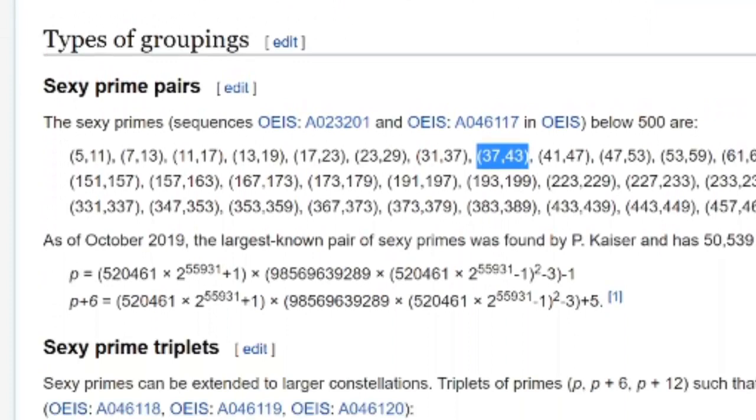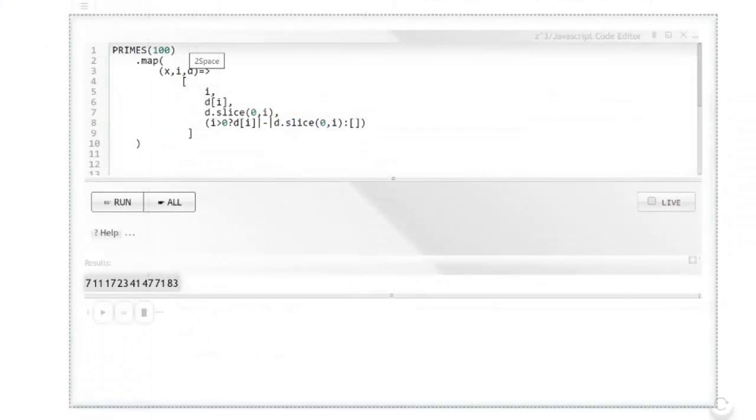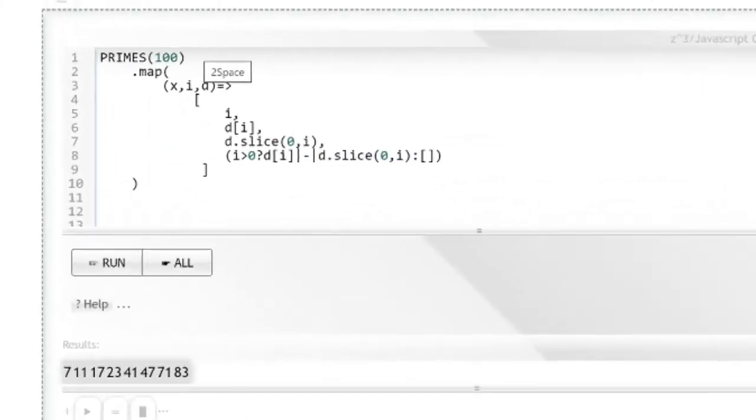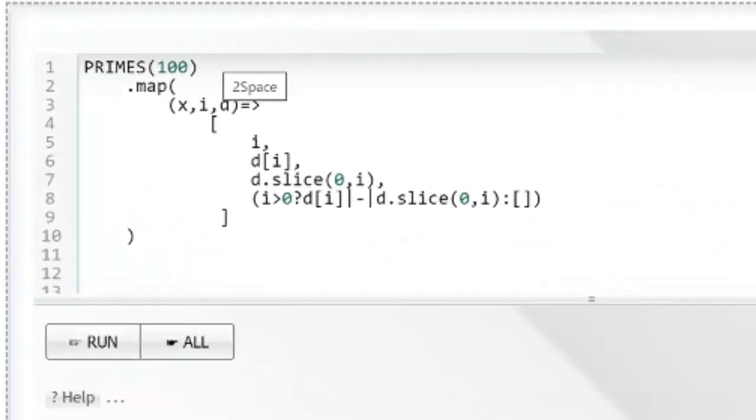Sexy primes are prime numbers separated by 6. So 41 and 47 are separated by 6 and hence they are a sexy prime pair. We would like to generate these pairs using ZCubes. At the same time, trying to see if we can make it possible to generate the pairs of primes separated